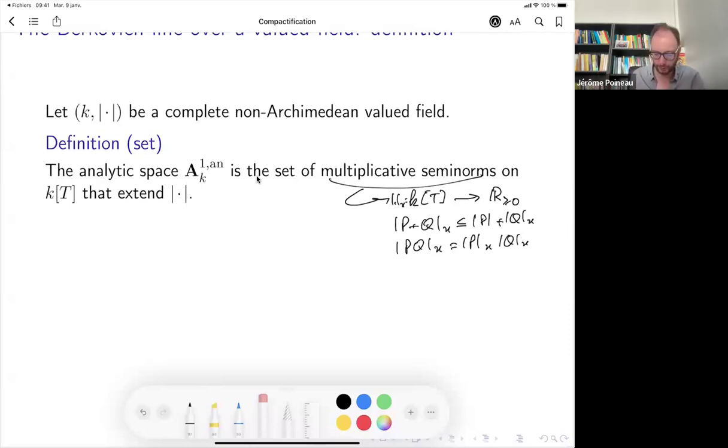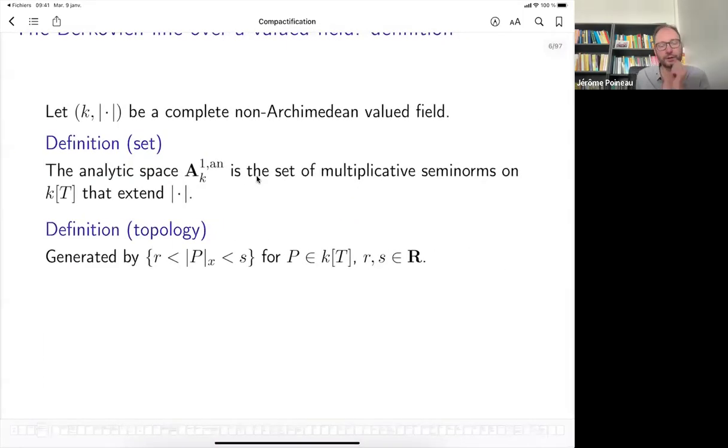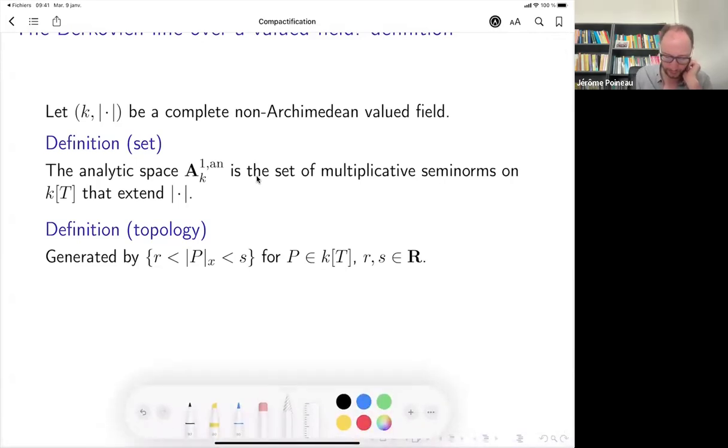So those are just some simple axioms here. Okay, and the topology: that's just a set so far, and I'm going to give you a more precise example right after. You define the topology in a quite simple way. You take some polynomial p, and you consider all the points, so the multiplicative semi-norms, denoted with the subscript x, which I consider as a multiplicative semi-norm.